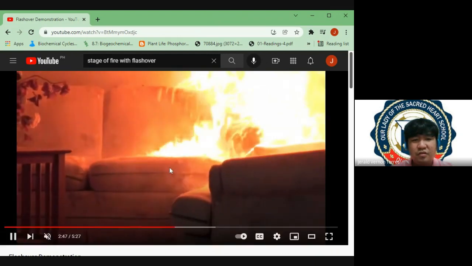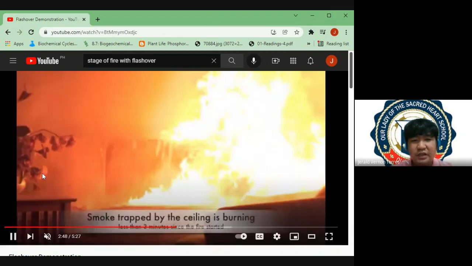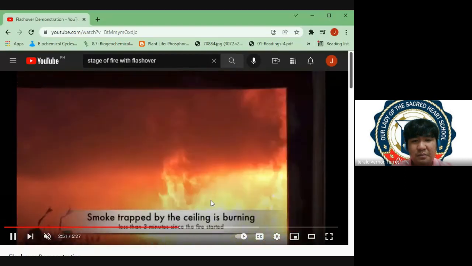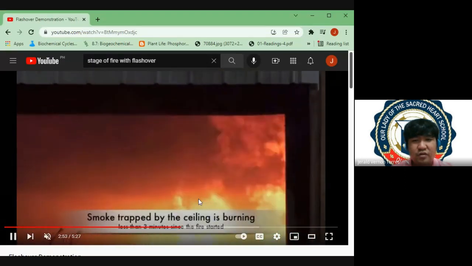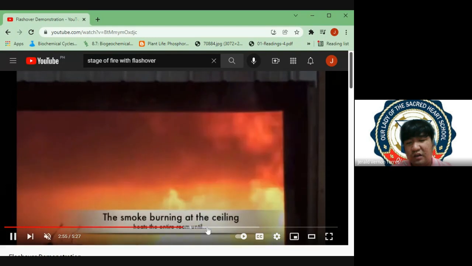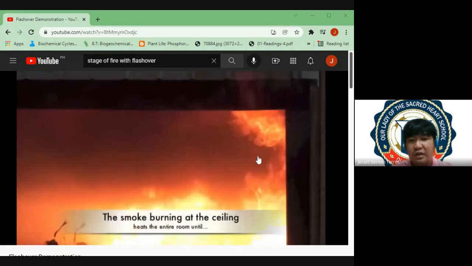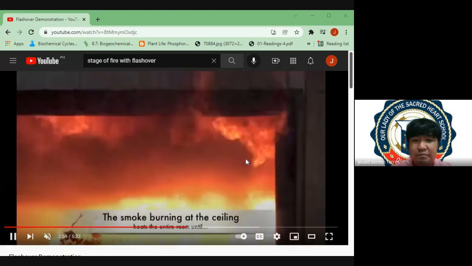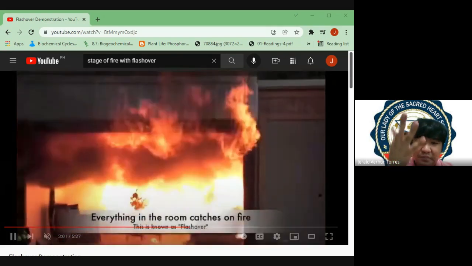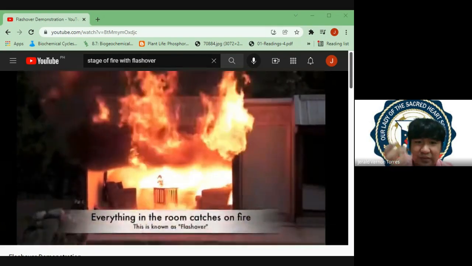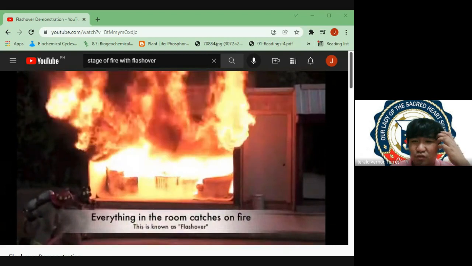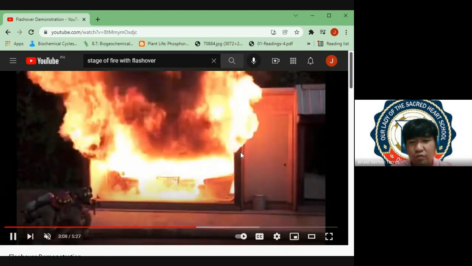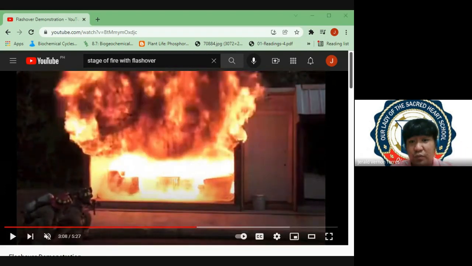Ito yung flashover point, na. Nag-start na yung mga materials to ignite, yung fuels to ignite. Although hindi siya ganun ka-apparent, siguro may mga videos kayo na-encounter na makita niyo talaga na biglang mag-flashover, biglang mag-i-spark lahat ng gamit. Medyo mabilis kasi yung flashover, kaya hindi obvious. So, yun yung flashover natin, and it's between the growth and the fully developed stage.